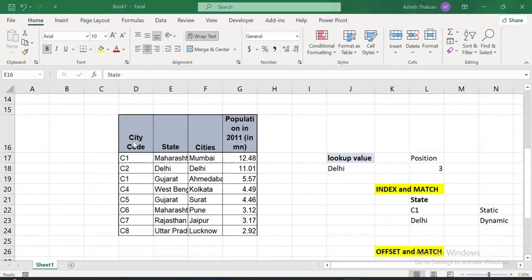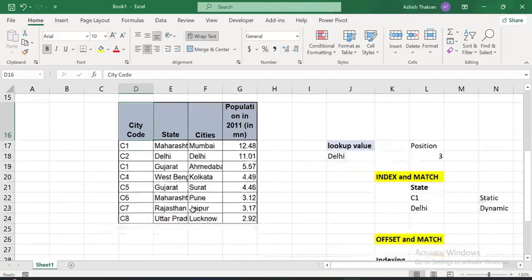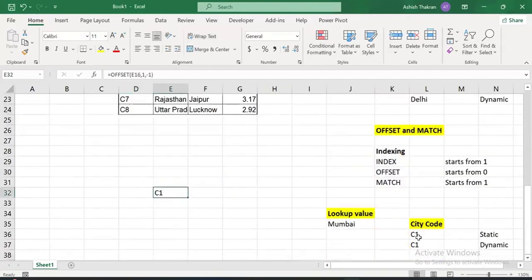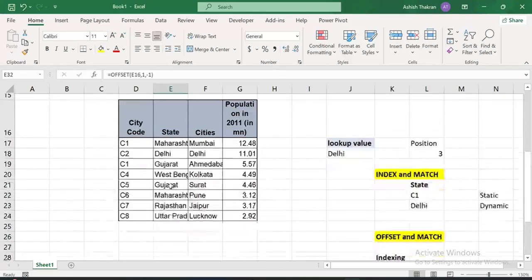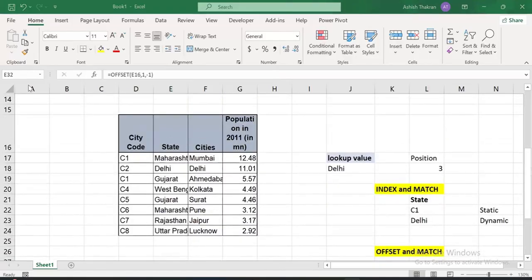बट अगर हमें -1 नहीं लेना हो, तो सिटी कोड से स्टार्ट कर दो। इसमें नहीं, नॉर्मल फॉर्मूला जो ऑफसेट एंड मैच किया था, ये वाला। इसमें हमने दोनों में -1 किया है, सिटी कोड के लिए भी और सिटीज के लिए भी। तो ये यहाँ पे भी करना पड़ेगा अगर आप मैच फंक्शन यूज करोगे तो। बट आपने उस दिन बताया था कि अगर -1 नहीं लेना तो हम चेंज कर सकते हैं। कॉलम्स के लिए नहीं कर सकते।